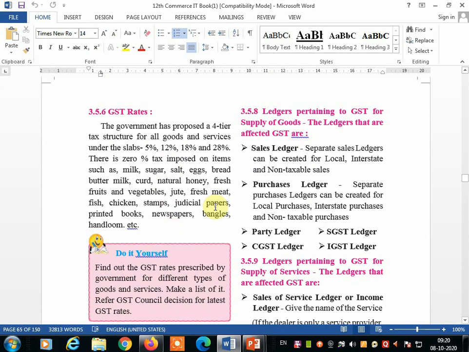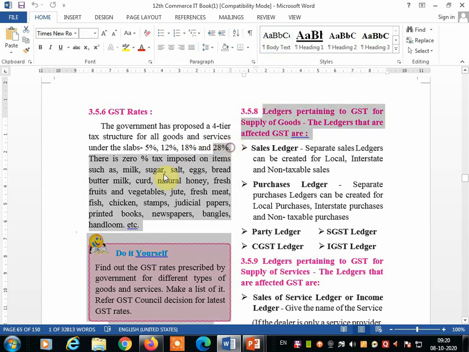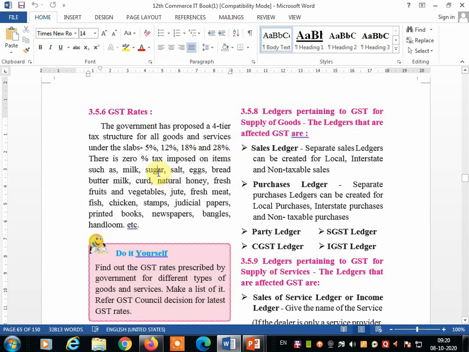Now GST rate, what rate can we use while calculating GST? The government has proposed a 4-tier tax structure for all goods and services under the slab. So the first one is 5%, the second is 12%, the third is 18%, and 28%. But there is 0% tax also. 0% tax will be applied on items such as milk, no tax; sugar, no tax; salt, egg,